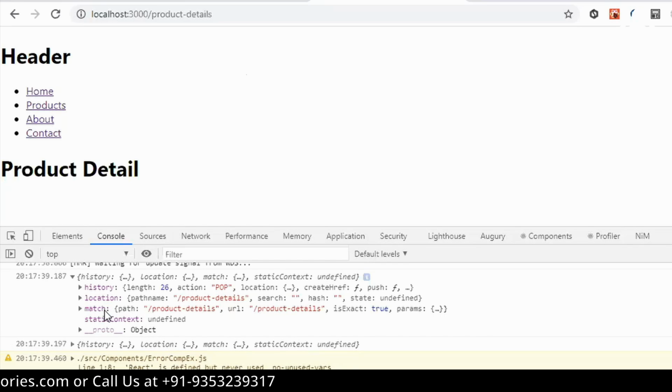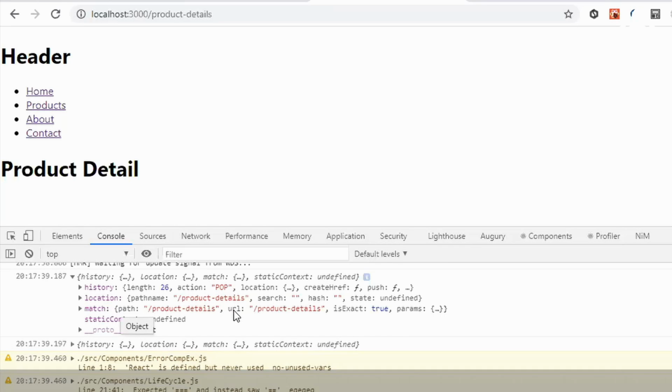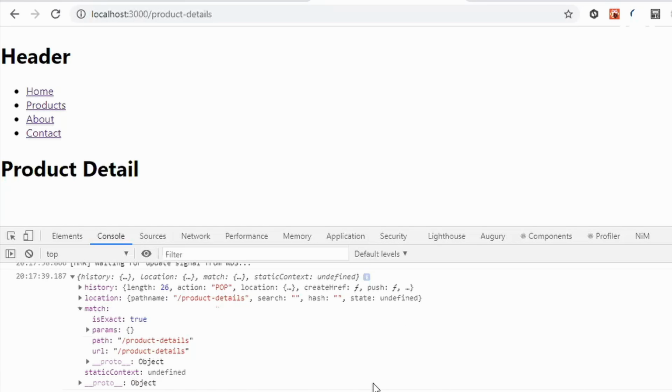So I take the path and I append the id. You can see I can use the URL also, right? So is exact true, these kinds of things you have, right?